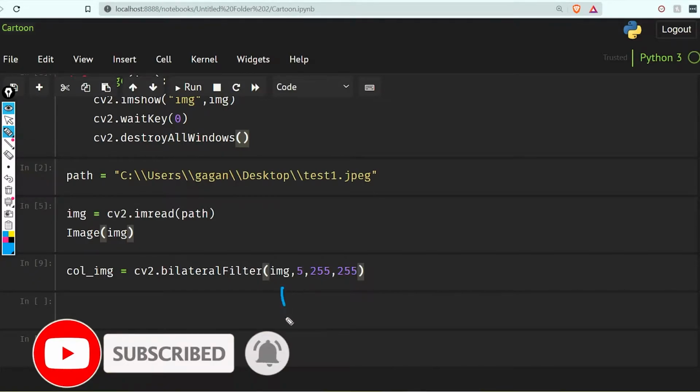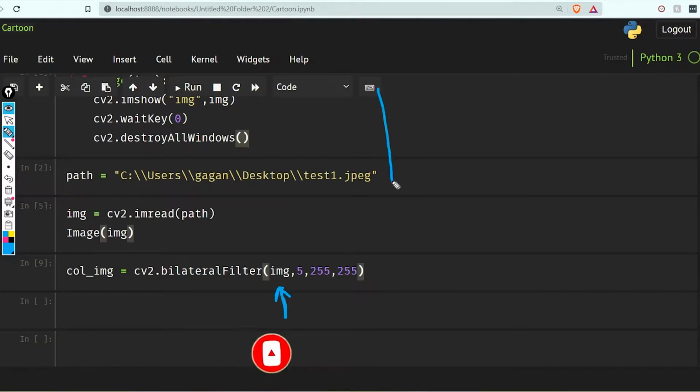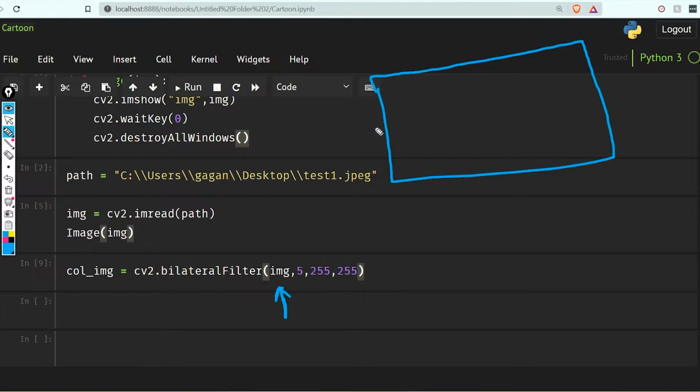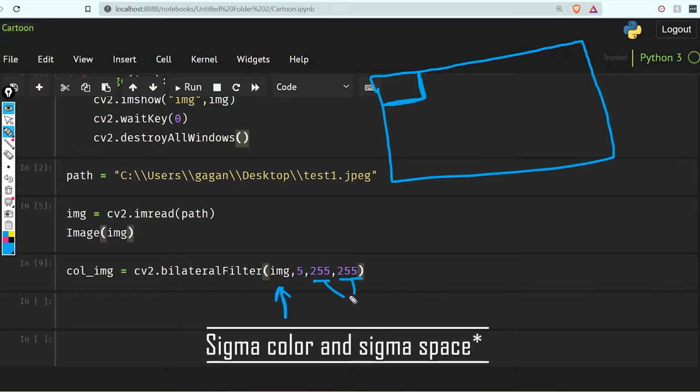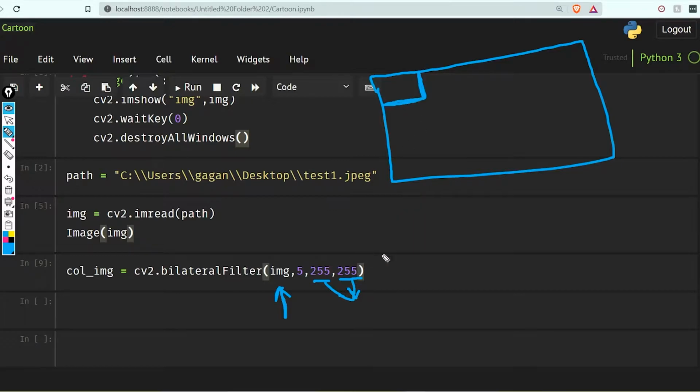Okay guys, so this is our original image. Let's suppose we have this image, and by giving 5 we are deciding that we want our filter size to be 5 by 5, and these values are both sigma colors. So basically they are going to mix the values around them.